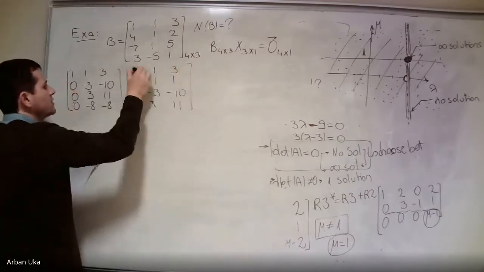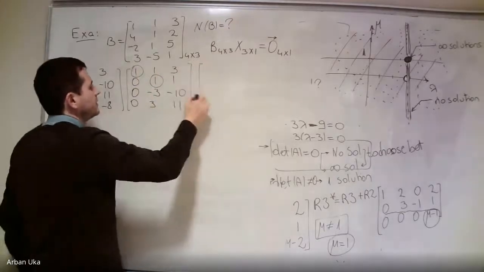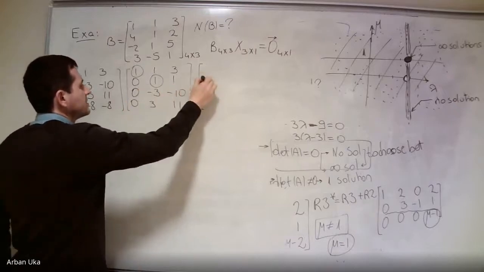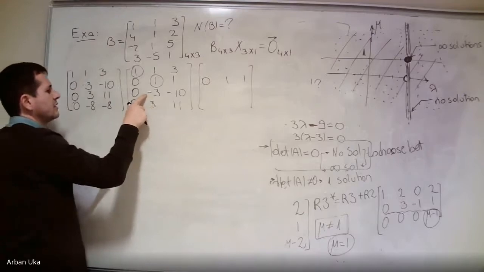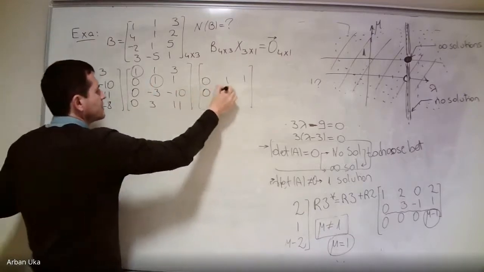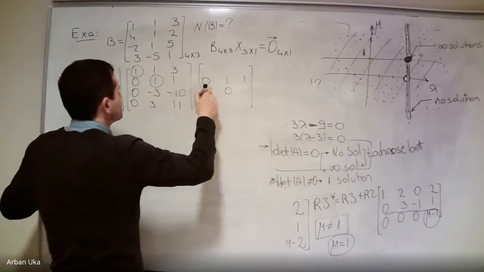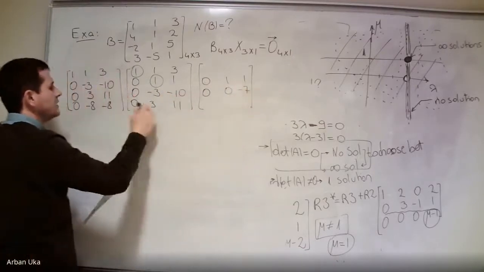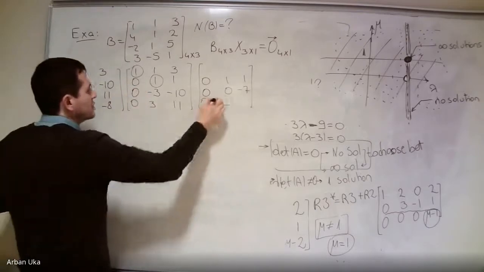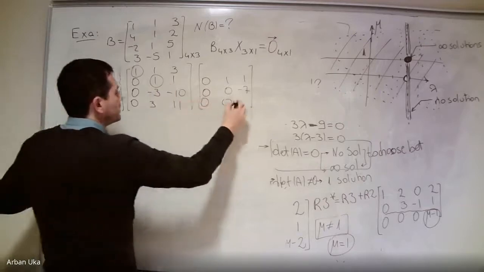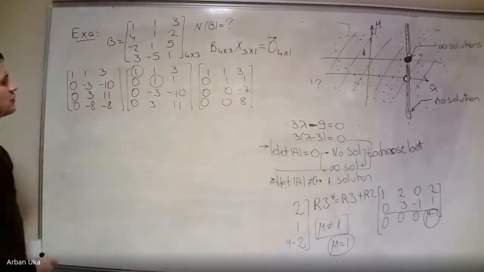Then we can use, this was a leading one, this is another leading one. So if we use this leading one, how can we modify, this is 0, 1, 1. How do we make it 0? We add 3 times row 2. So this is 0, 0. And this is minus 10 plus 3, this is minus 7. And here we get this one, minus 3 times row 2, we make this 0. 11 minus 3, we get 8. And this remains 1, 1, 3. So,